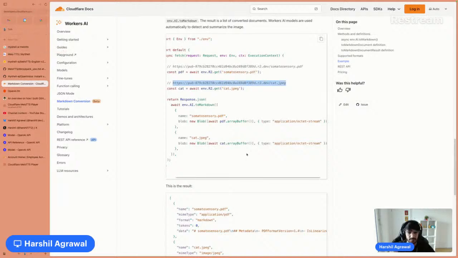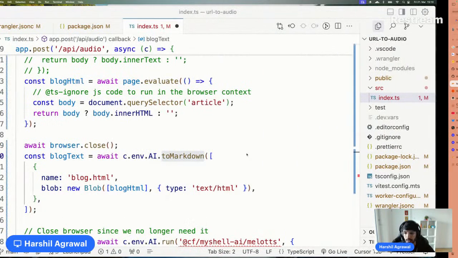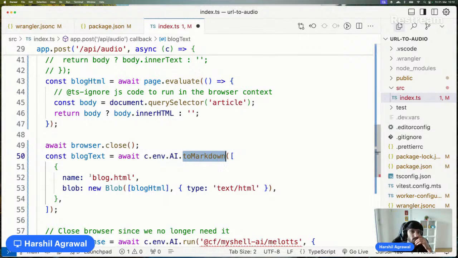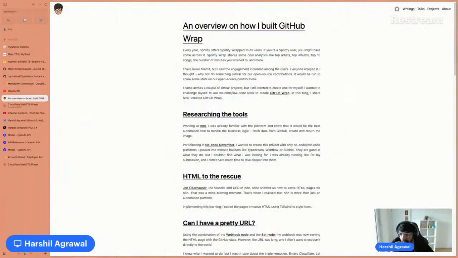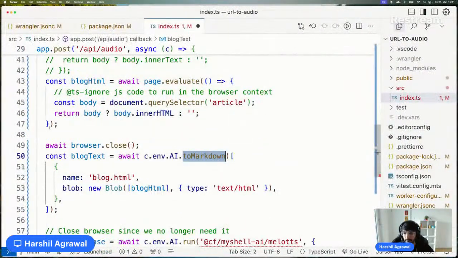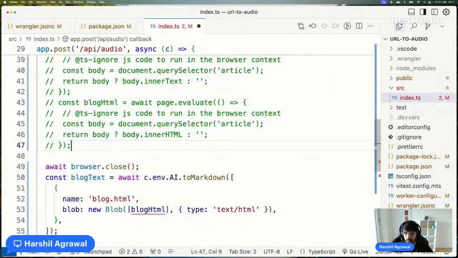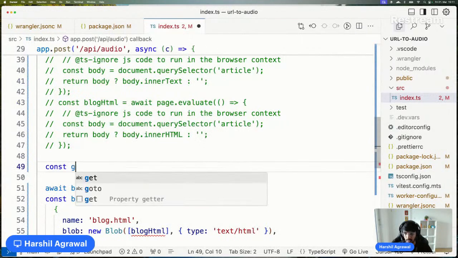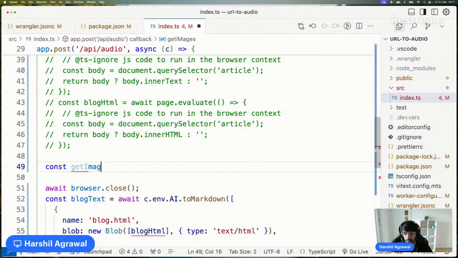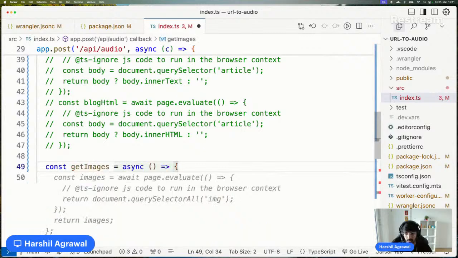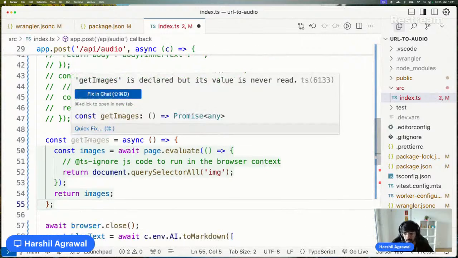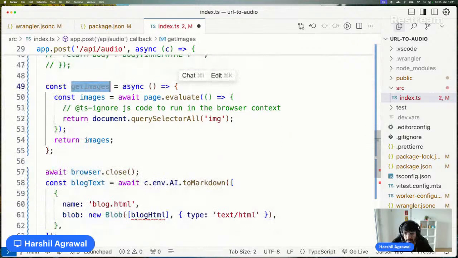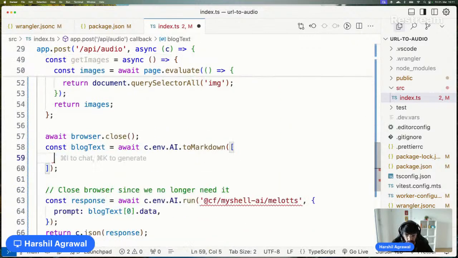And let's do it. No, but okay. Too many ideas. Too many ideas. We have an image over here, so let's try to do that. We don't need this anymore. What we want to do is const getImages. So this is now going to be an array, and what we want to do is